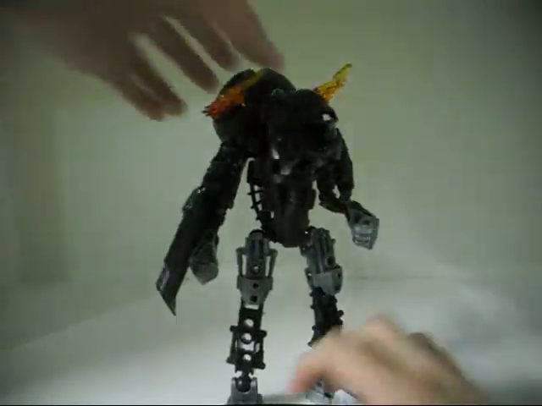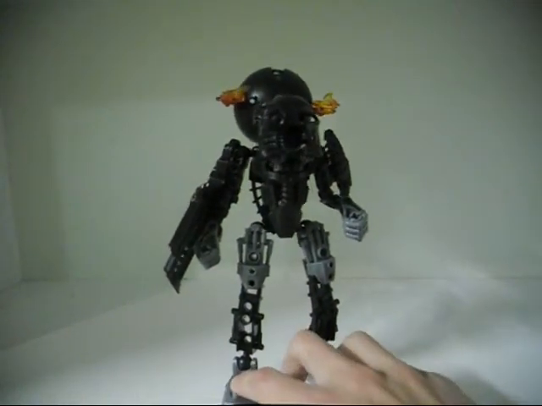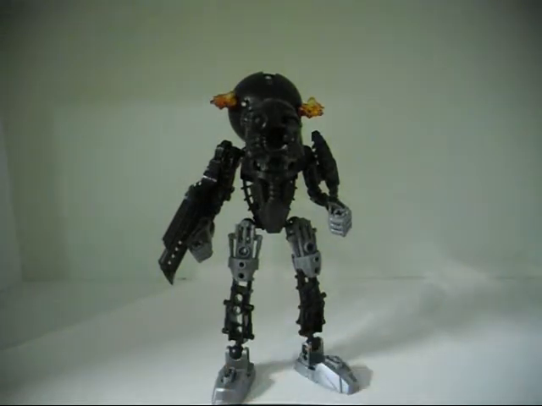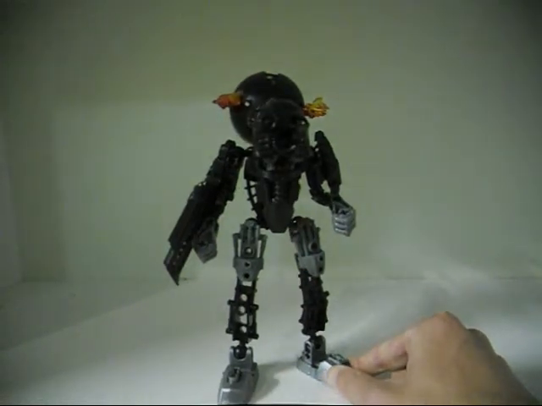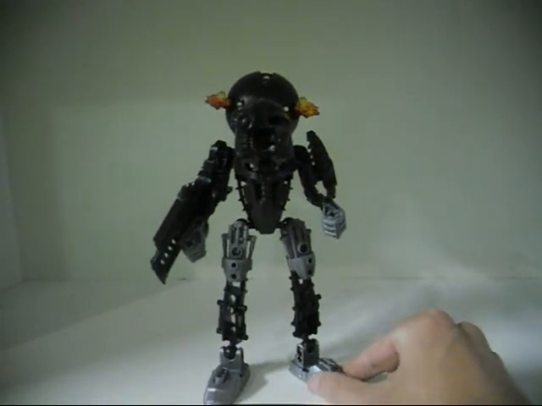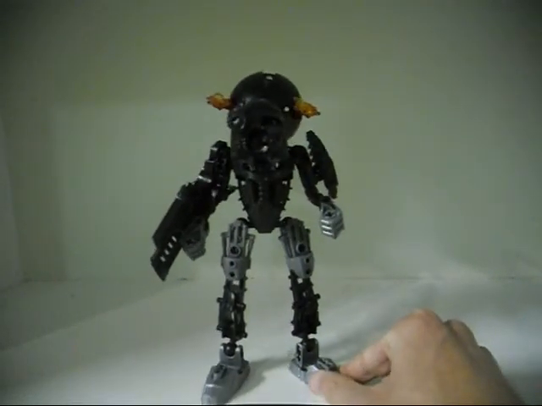Now, I did have some different ideas for the head. Originally, I had ideas to use the original Kanohi Hau in the black color, but I only have two in the black Hau, and both of them are used on models that I have up already. One of which being, of course, the Black Tahu MOC that I've done. If you haven't seen that video, look it up. I'm sure it's on my channel. And I also did a black Matoran,